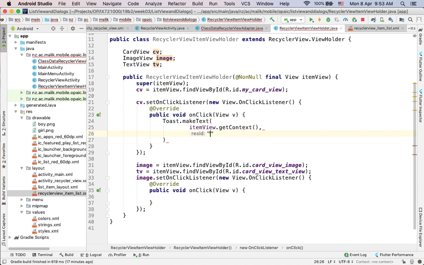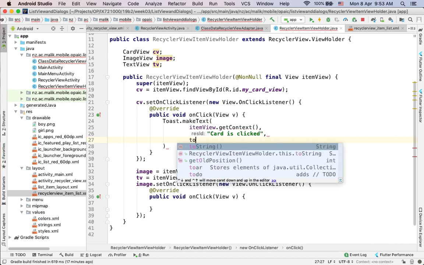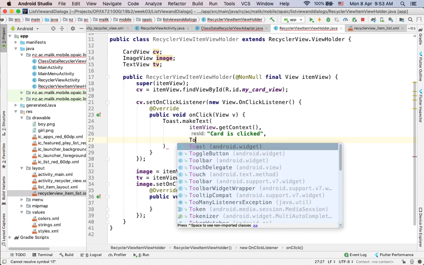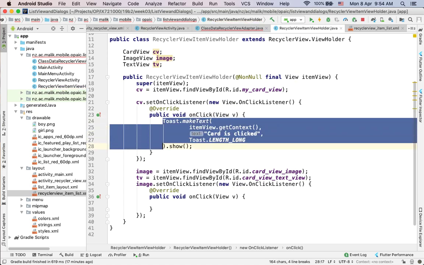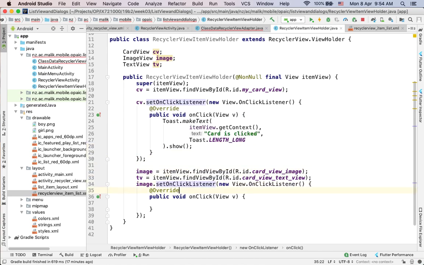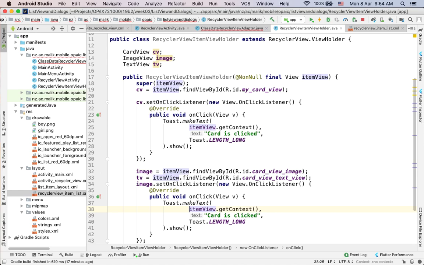Okay, and then we can have "card is clicked", and then Toast dot LENGTH_LONG and then dot show. Okay, the same thing I am going to use here, and then we can say not the card, "image is clicked",